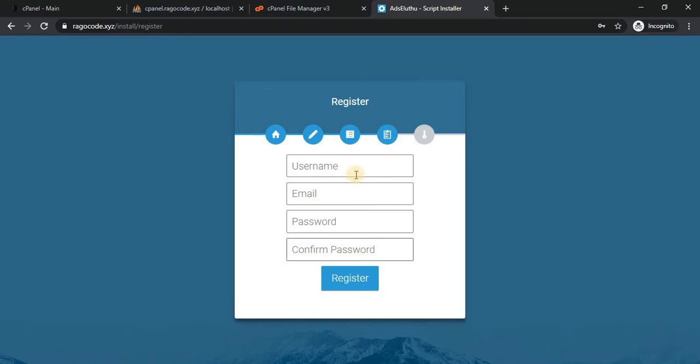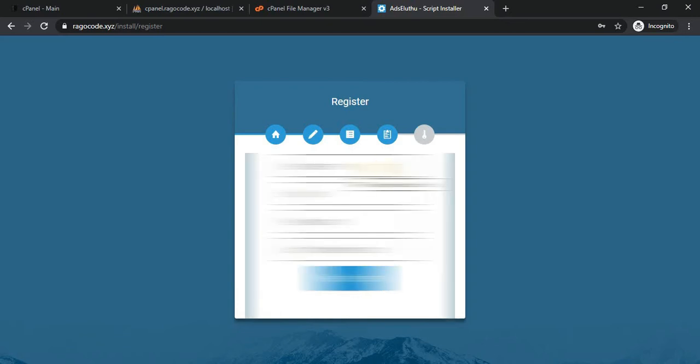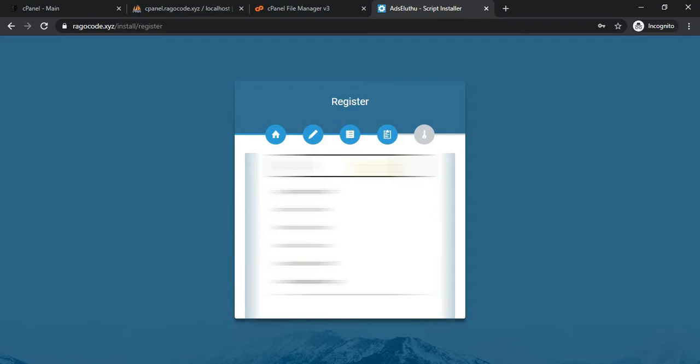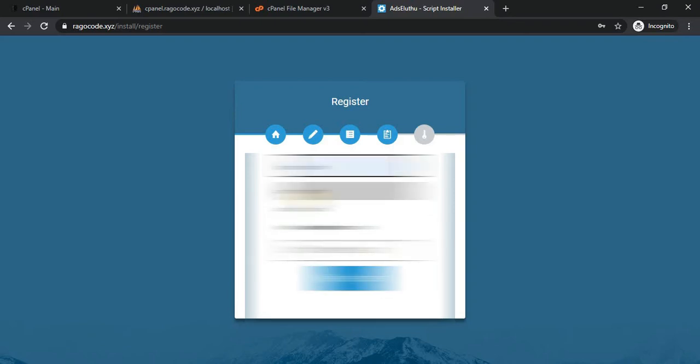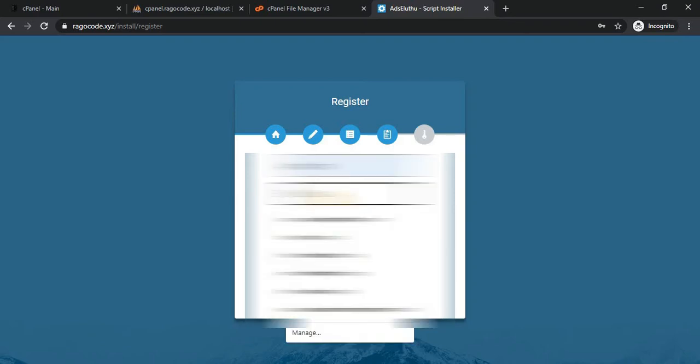In this step you can create an admin user login and password. The username I enter is admin, and then I enter the email.